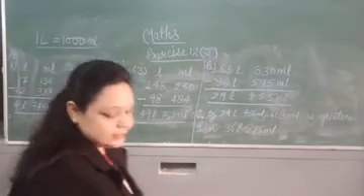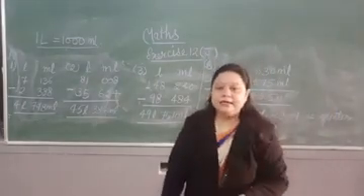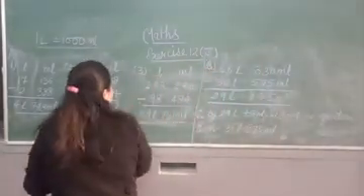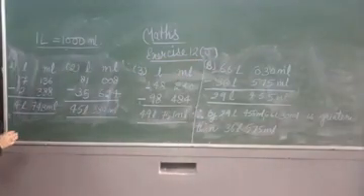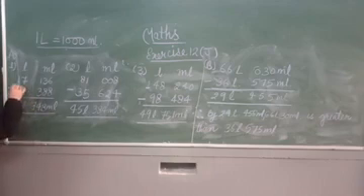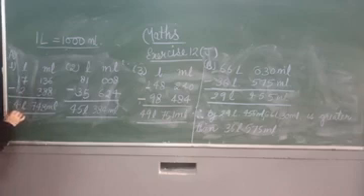So children, let's start with question number 1. Subtract the following. All of you open exercise 12J. Normal subtraction we have to do. Let's start. 17 liters 136 milliliters minus 12 liters 388 milliliters. After subtraction, we will get 4 liters 748 milliliters. Clear to all of you?